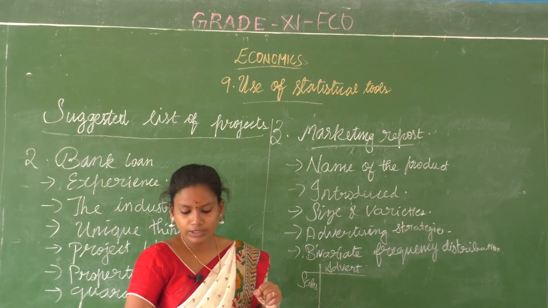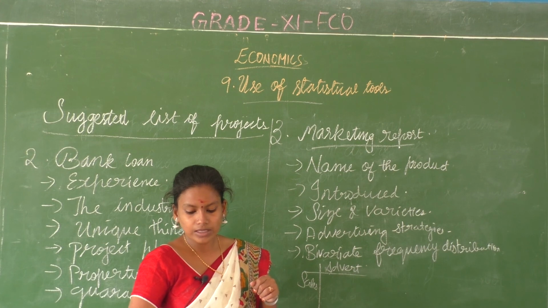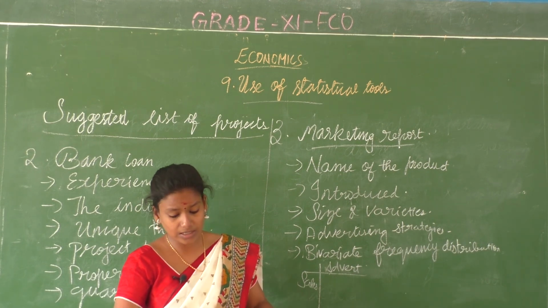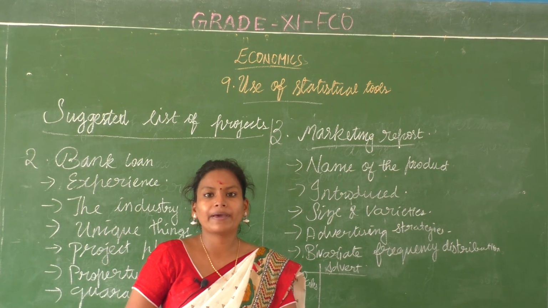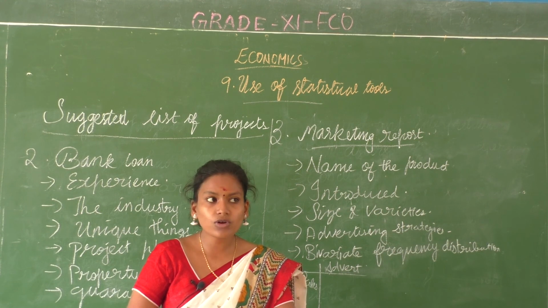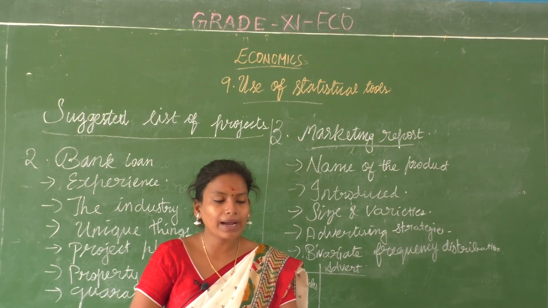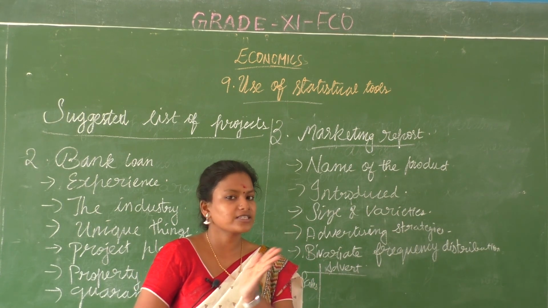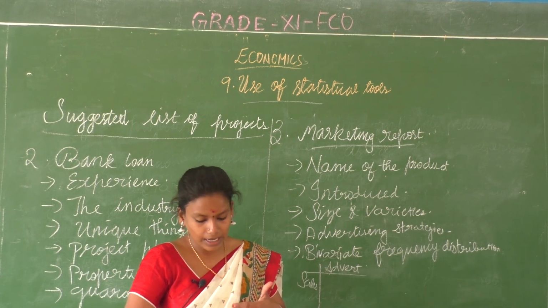Then the 11th one you can do, you are a bank officer and want to survey the saving habits of the people by taking into consideration income and expenditure of the people, prepare a report. So based on the savings that people are doing in your bank, how much they save from their earnings, how much the expenditure is, whether the saving habit has improved or not, like that you can make a study.